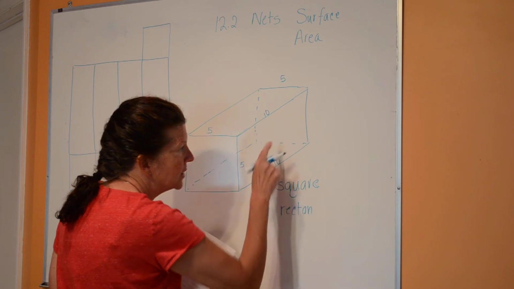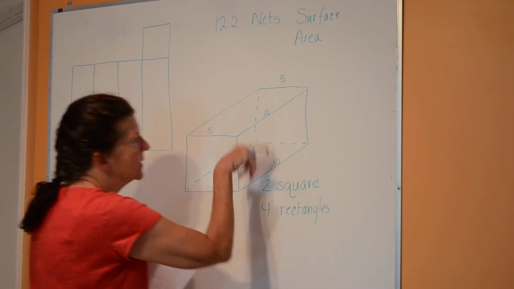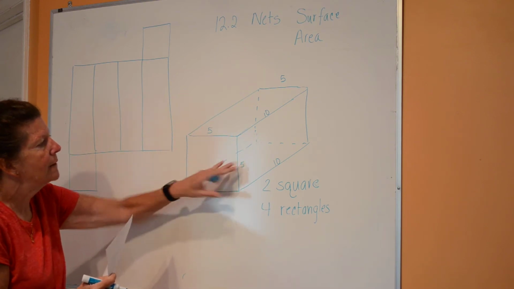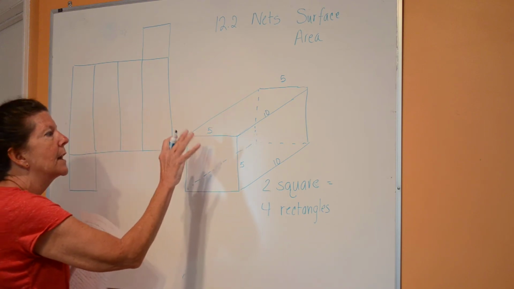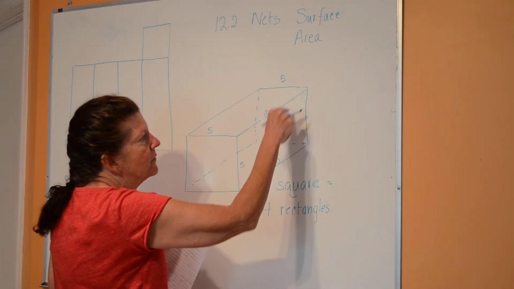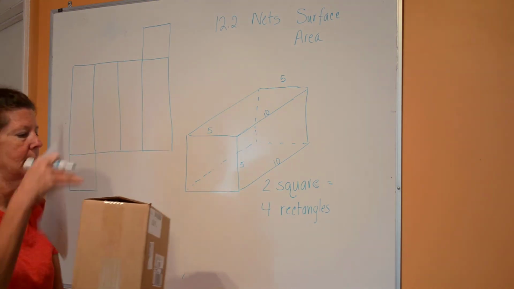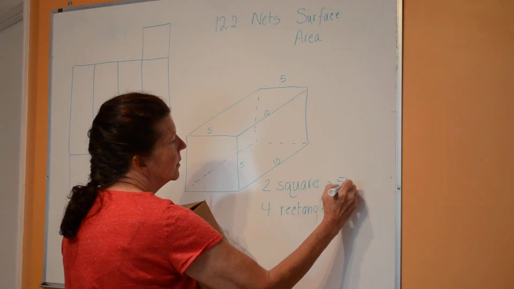And in this particular box that I drew up there, all the rectangles have the same size. So the two squares are 5 times 5 or 25. So when I take the 25 and I go, well, there's 25 here and 25 on the back here, if you will, the front and the back, that's going to give me 50 units